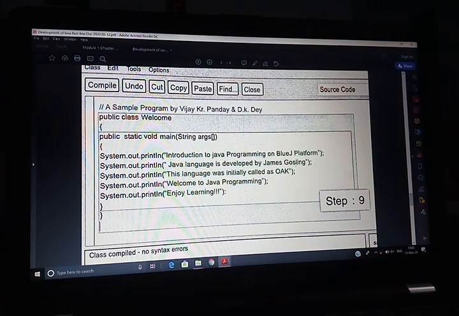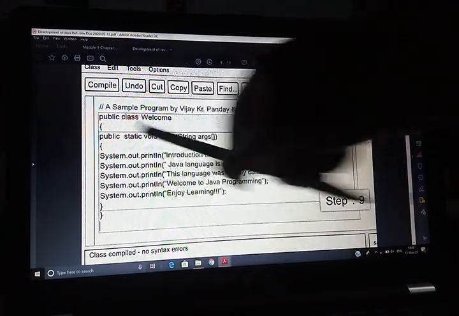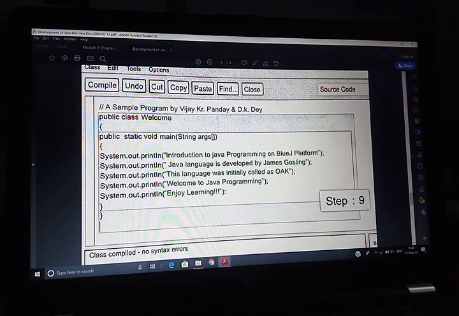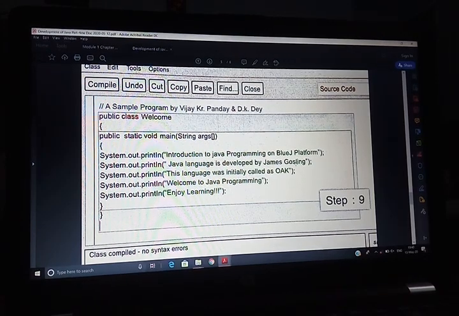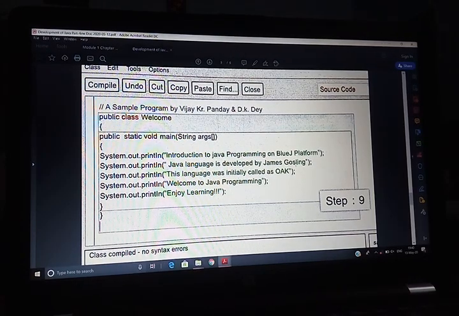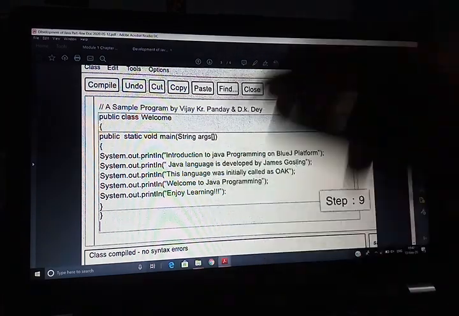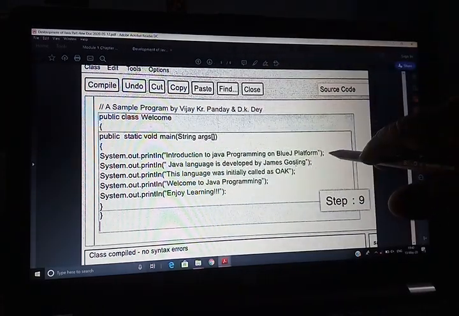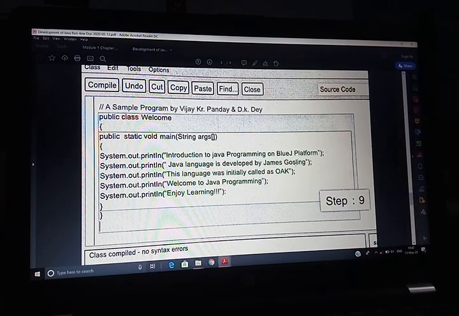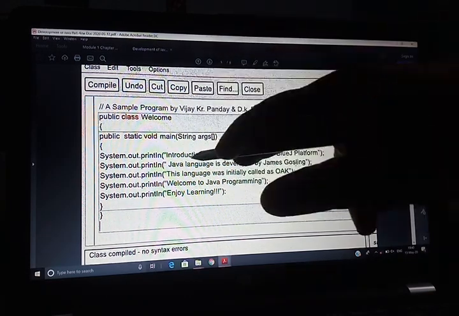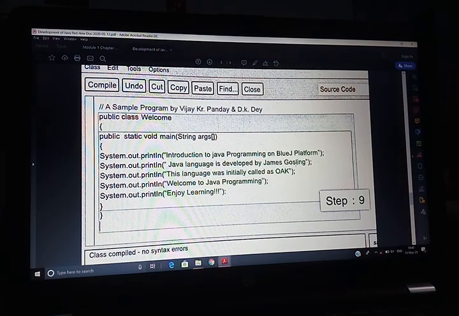Then next, it indicates the starting of main with curly braces open. Then the next lines are the executable statements. Each executable statement ends with a semicolon. So it terminates the line, and then the next statement comes.